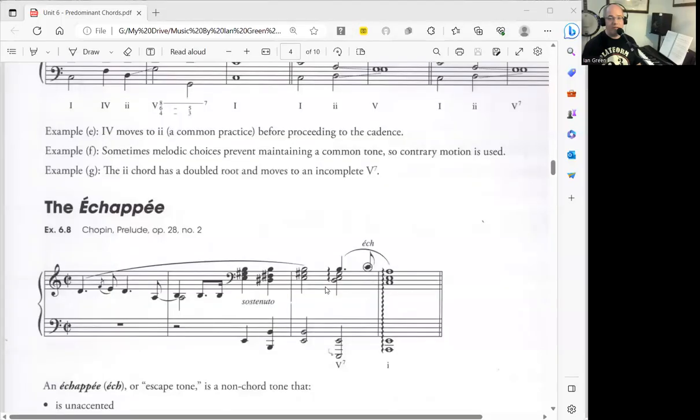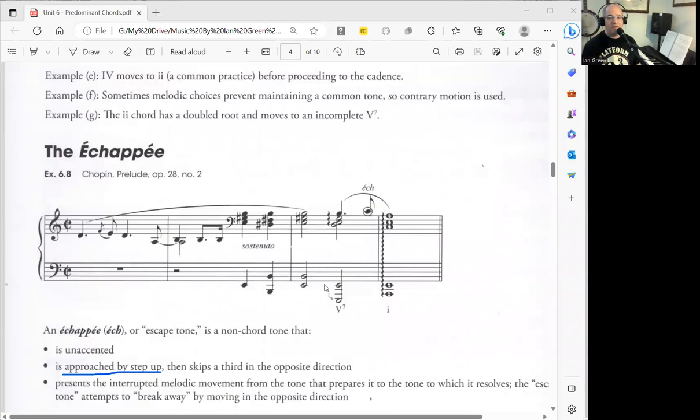So let me share my screen here so you can see an example of this, and we'll go over this just briefly. Now, of course, non-chord tones occur wherever there is a note that is written and to be played or sung outside of what is written within the harmony framework of a chord progression. So anytime we have any note that does not suit a chord or fit within a chord spelling, then